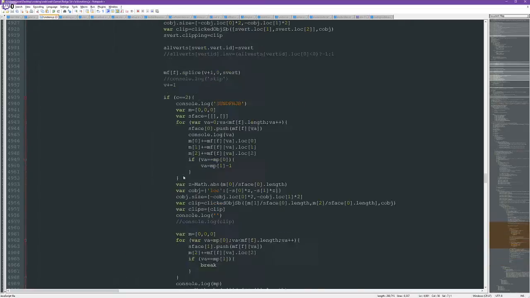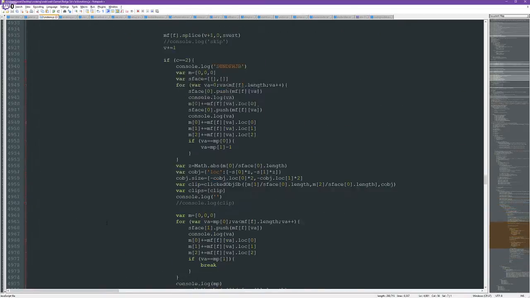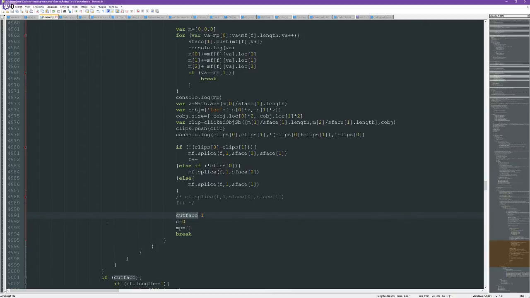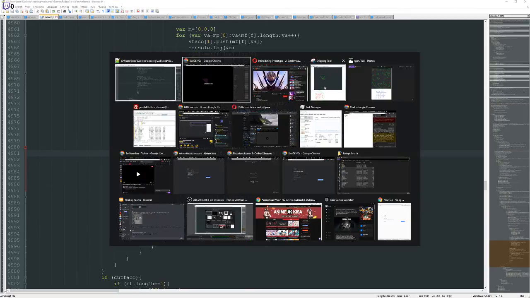Yeah, if cut face is equal to 1, then that means a face was cut. At the end of the day, there should only be 1 there, but that doesn't work, because if at any point 2 were created, then we do not want to create 2. Okay, so we just need another condition here. I guess if f is greater than 1. No. Yes. Because just like I was doing with the other one,